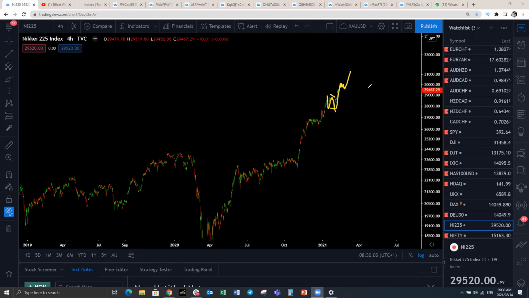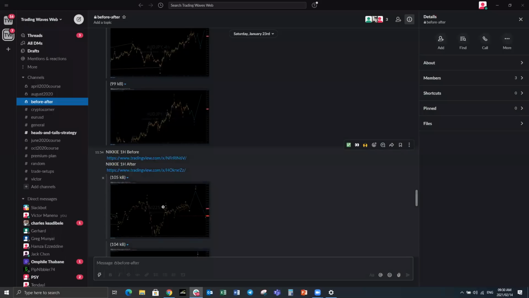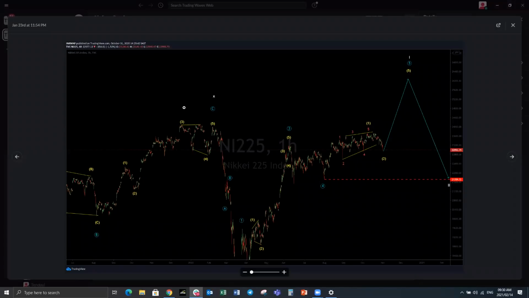But it is not safe to just come and buy here after such a big move. Wait for a correction. Do not have FOMO, fear of missing out. You've already missed out so much, so you don't want to be coming in here unless you've got a strategy to manage it. This is the actual chart that I was looking at on the Nikkei. Or is it? Let's have a look. Yes, this one was from October last year. Can you see what we expected? This wave 2, we have now pushed up higher, even higher than what we forecasted there. That is the Nikkei chart, and that is how it is playing out.